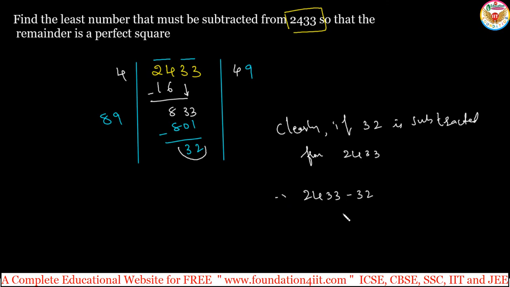So you can check this also. 2433 minus 32, that is 2401. So this is the perfect square now. This is exactly 49. So therefore the square root of 2401 is nothing but 49 only. Whatever we get, that only will come. After subtracting, we can also write what the perfect square is, and this is what should be subtracted from this. We are doing it this way. For example, what should be added?